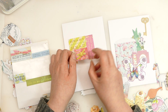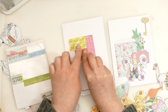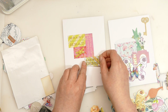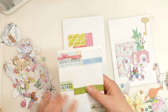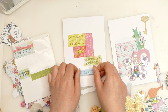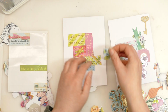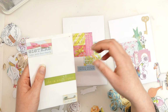It's not something that I've ever attempted to do before, which, as I said, is quite strange because I do like the whole collage look, and I quite often create collage from scrap papers and things like that, but just never ever thought about just grabbing everything that is left and making a random card. So I was so inspired by what Dawn did that I wanted to just have a go. So yeah, created a little bit more of a background,